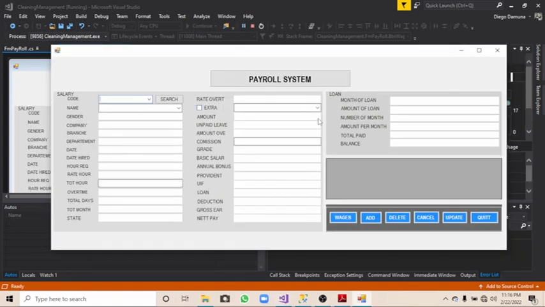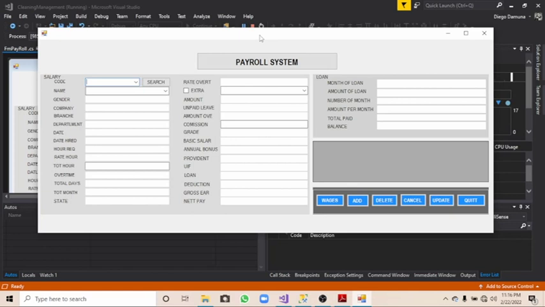So once you launch this form, you're going to get this interface here. This is the one that is going to be loaded. So obviously, you have to select a code that belongs to an employee. Once you click on search, it's going to give you all the details that belong to that employee. So which kind of details am I referring to? I'm talking about the gender of that employee, the company is working for, the branch, the department, the date, today's date why the payroll system is being established, and the date that the employee was hired, and